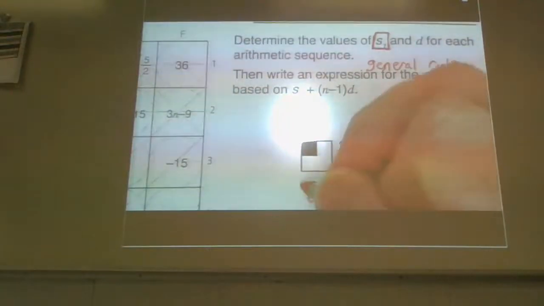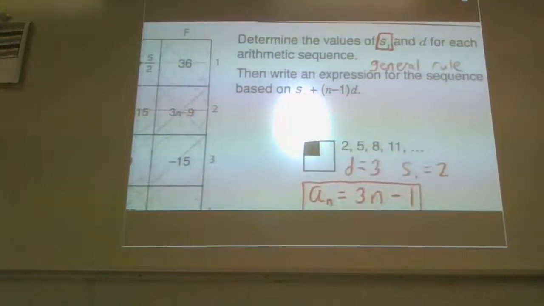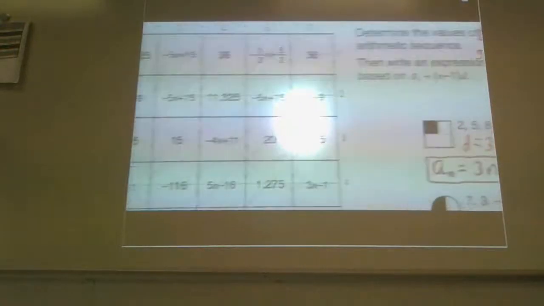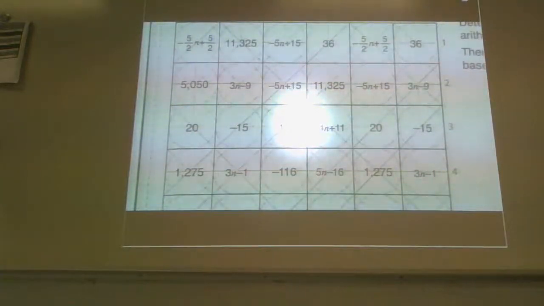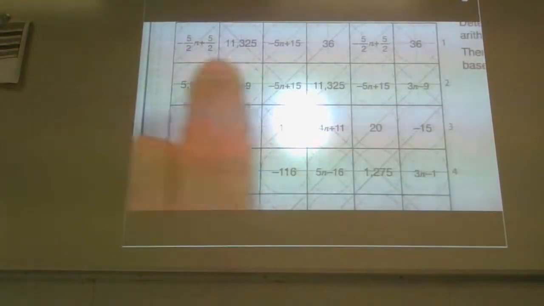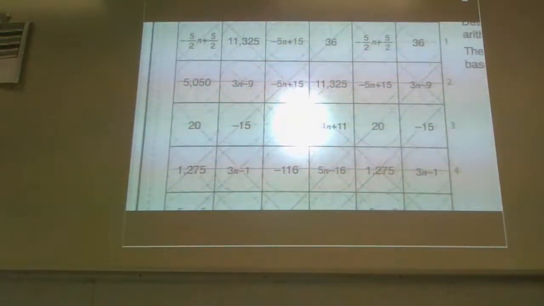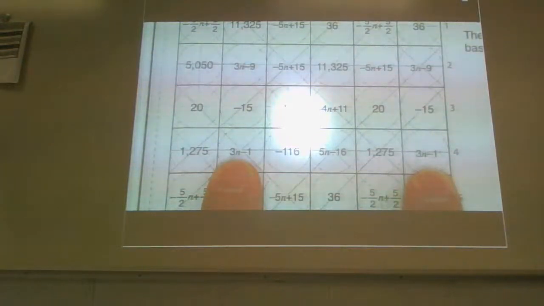But now that you have the answer for this particular part of the problem, you have to go into this grid to the left. Because every answer that you find should be an answer within one of these squares. For example, if I go through this, I can find the answer for 3n minus 1 in 2 different locations. Sometimes they'll be in multiple locations. Sometimes they won't be. It really depends. But I found that 3n minus 1 in 2 different locations.